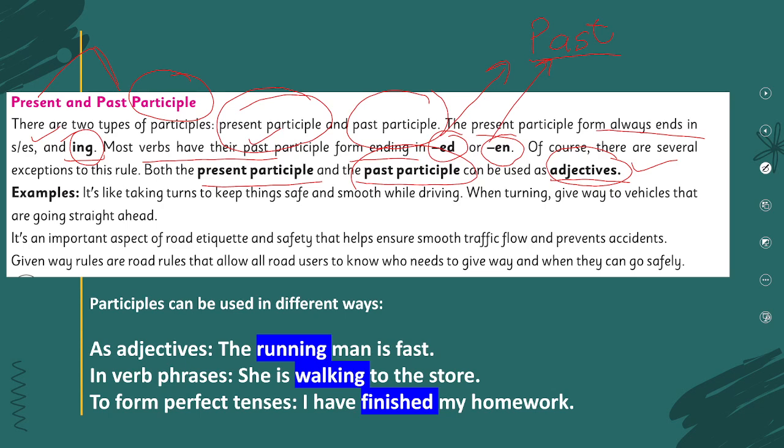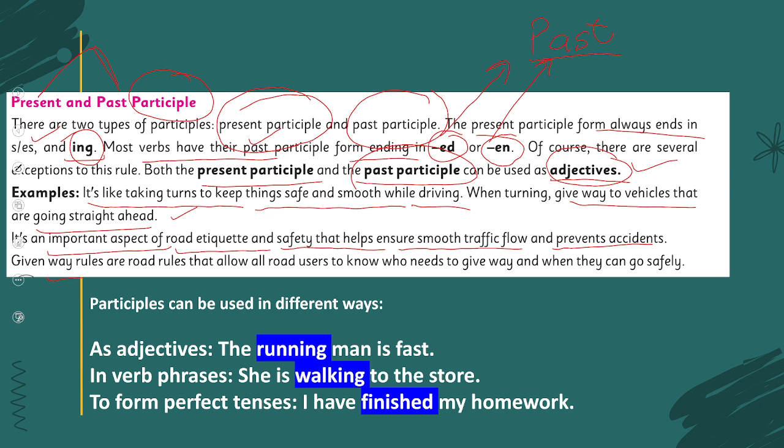It's like taking turns to keep things safe and smooth while driving. When turning, give way to vehicles that are going straight ahead. It is an important aspect of road etiquette and safety that helps ensure smooth traffic flow and prevents accidents. Give way rules are road rules that allow all road users to know who needs to give way and when